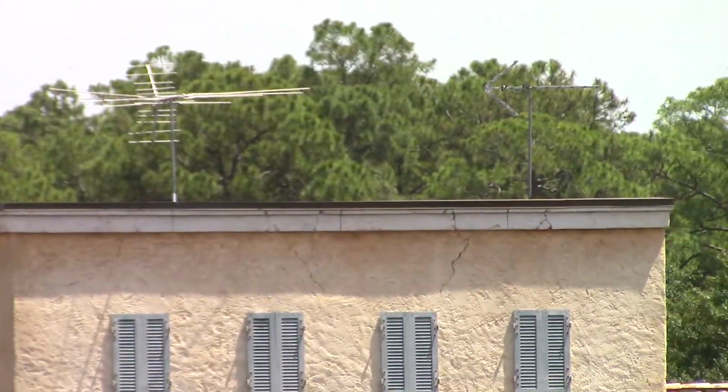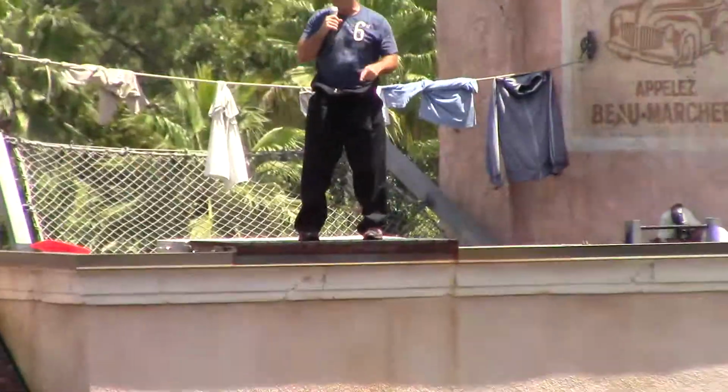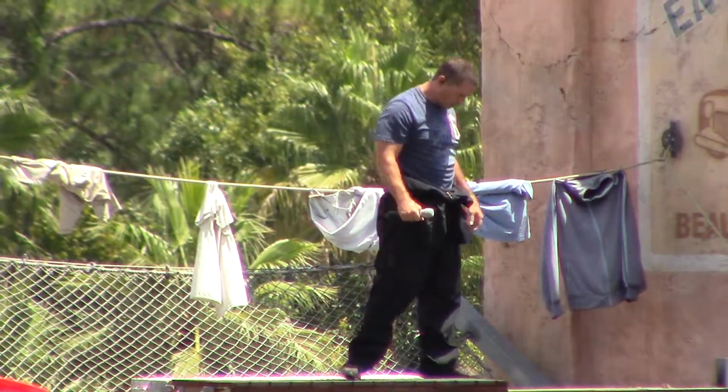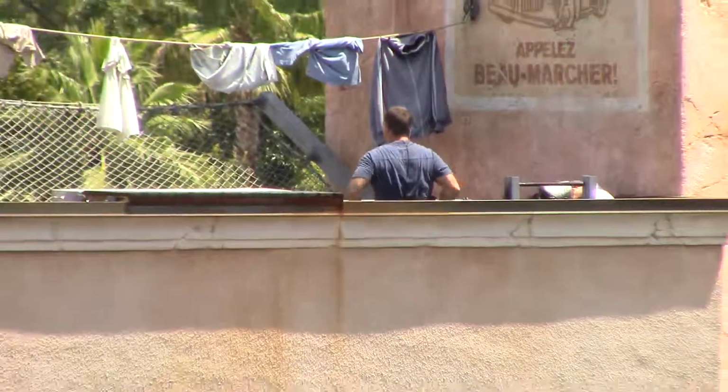Now, can anybody guess what happens when you put a stuntman on top of a building? That's right, doing a high fall. I'll set up here. All right, so we're shooting the beginning of the film where you see the hero for the first time. Now he wears a gray jacket,